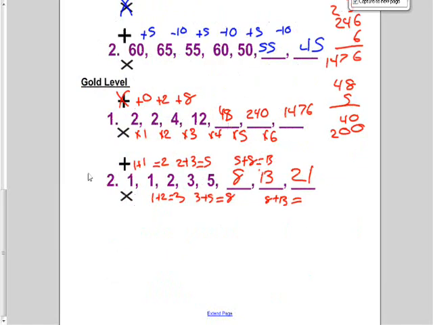All right, gold level. Those of you that really wanted a challenge. I tried addition, didn't work, so I crossed it out. Then I multiplied times 1, times 2, times 3, times 4, times 5, times 6, and I get 48, 240, and 1,476. Last one, this is a really famous one. I'm sure not many people got this, but this is called the